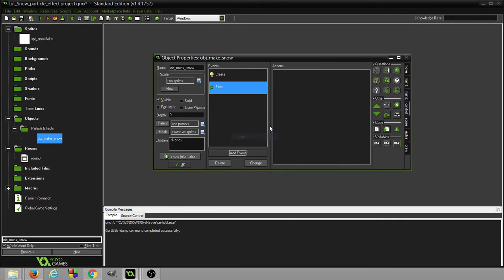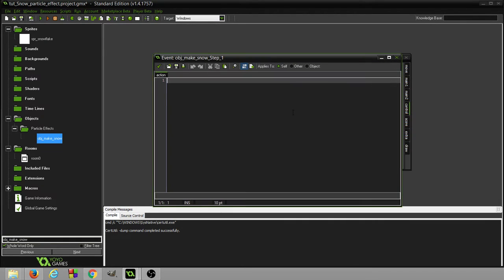And let's create our step event, and inside here we're going to randomize, because we want to get a random X just like before. So in the other tutorial,